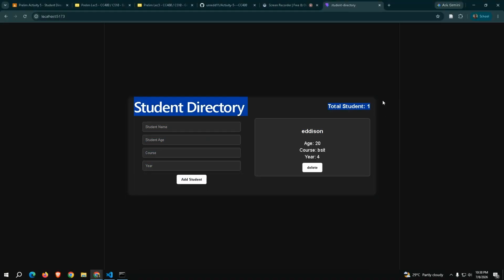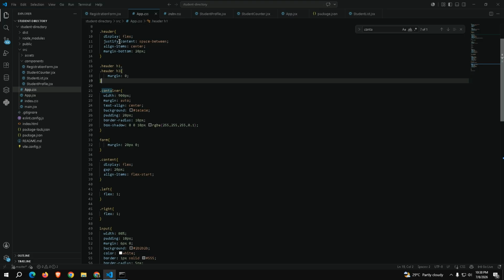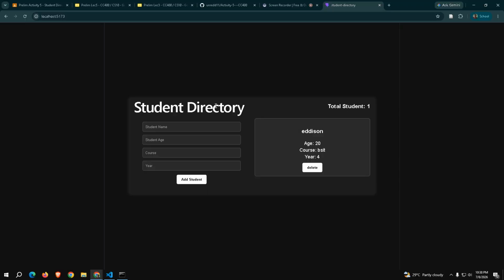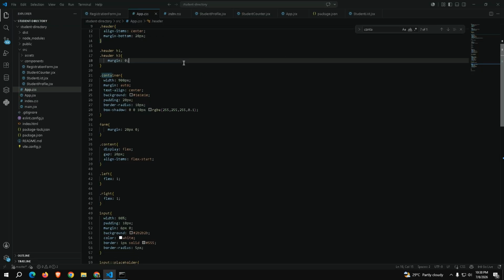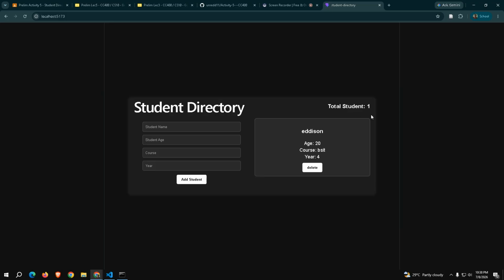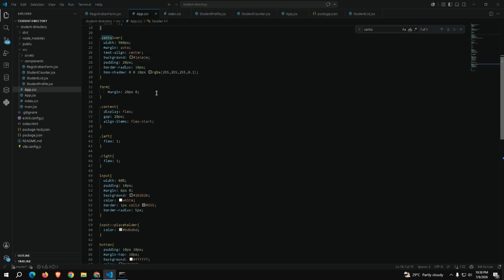As you can see, display flex, space between, align center, margin bottom. Margin 0 for the header H1 and H3. H1 is the student directory, and the H3 is the total students.